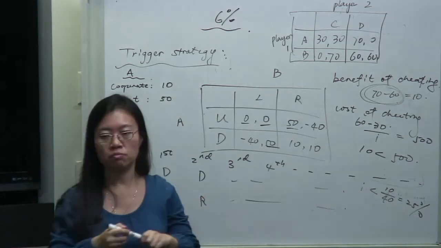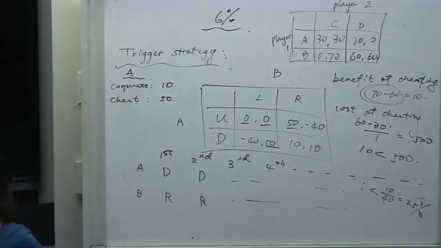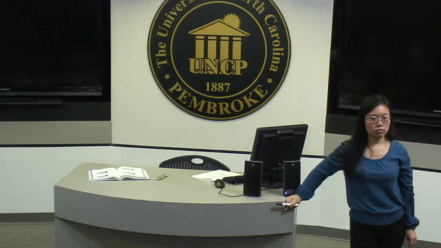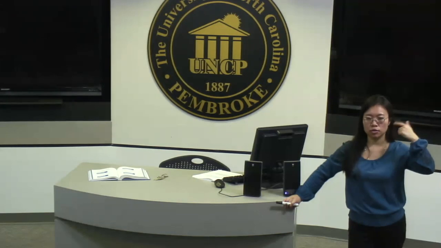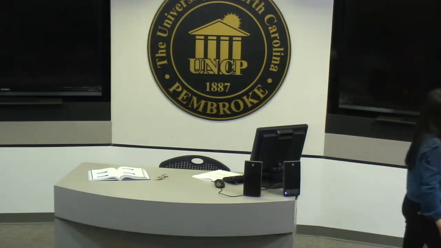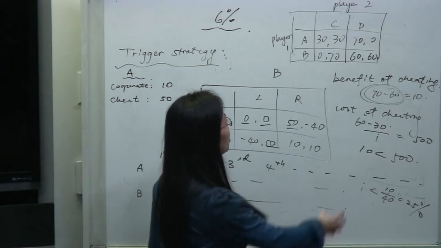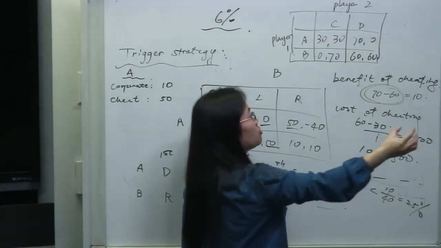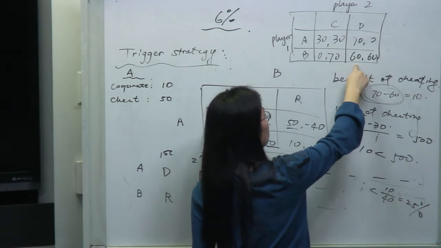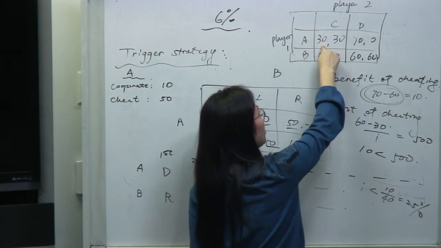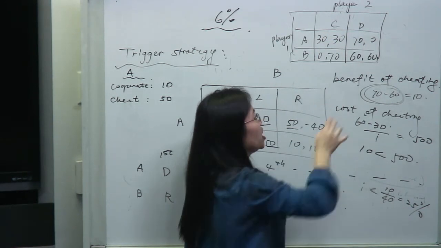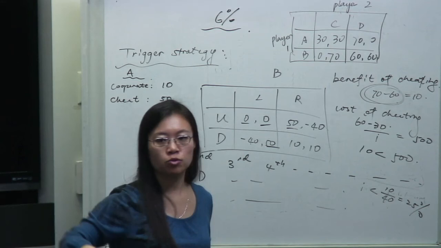And then obviously 10 minus 0. I'm sure you guys practiced a couple times. So is it because it's the fallback Nash equilibrium that we pick 30? If you do not cheat, you're going to get 60 forever. If you cheat, then from the next round you're going to get 30 forever. So what you lose is 30 from next round forever.